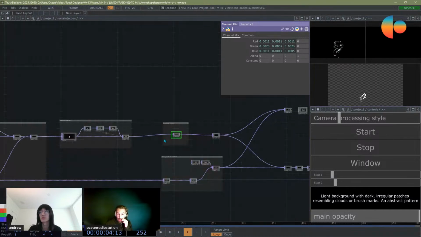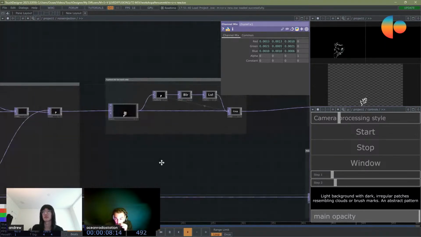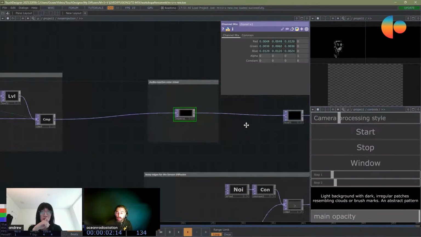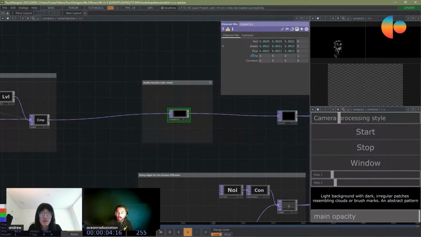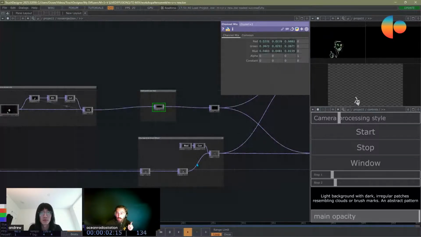One node is where the audio reactivity is, because there is a channel mixer and it's reacting to sounds, and there is some noise. I think the noise is very important because for stream diffusion you need noise as an input.